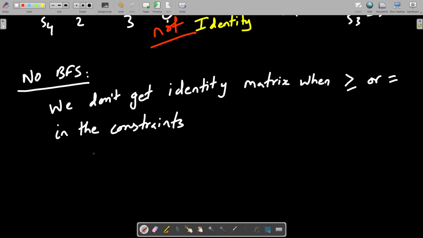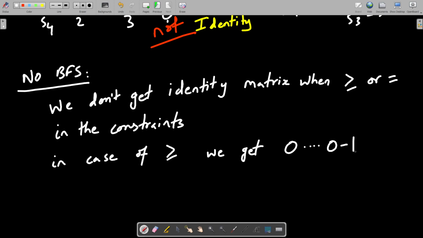Okay, so in case of this greater equal to sign, we get 0 dot dot dot dot 0 minus 1 0 dot dot dot dot 0. Depends on how many equations you have. I'm just writing this in general.